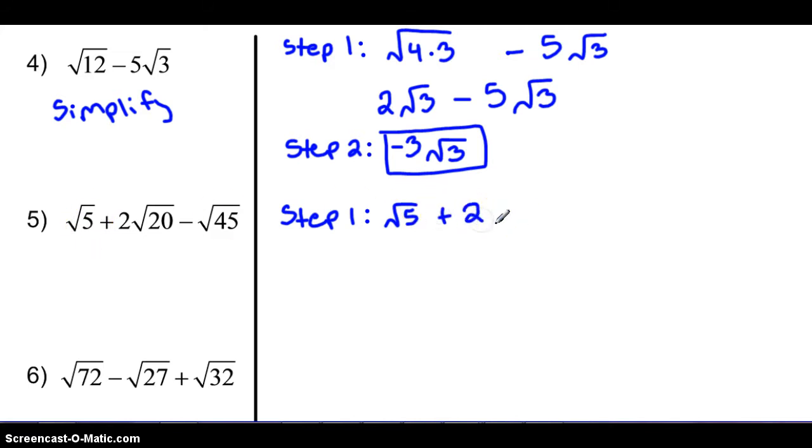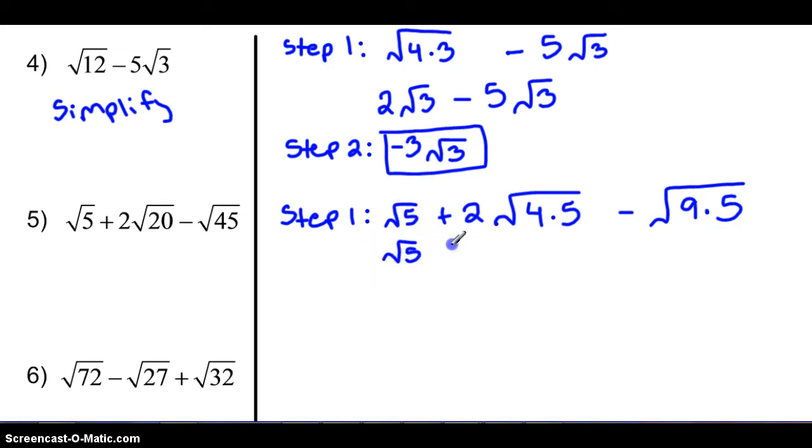Plus 2 is my coefficient. I'm going to try to break down 20. 20 can be written as 4 times 5. And then minus square root of 45. Okay, 45, I'm thinking 9 times 5. Now, again, square root of 5 I can't do anything to, so I'm just going to keep it with me